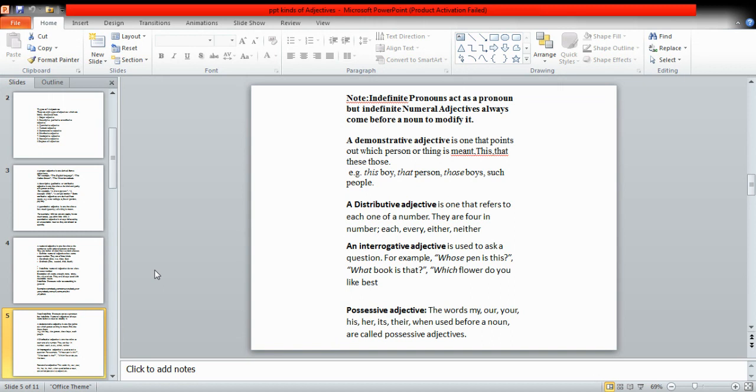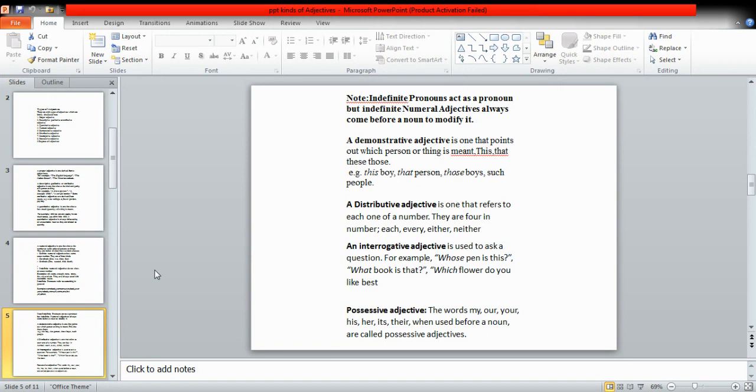Whose pen, what book, which flower. These are all question words and they are following a noun, so they become interrogative adjectives. Then we come to possessive adjectives like my, our, your, his, her, its, their. These are all the possessive adjectives whenever they are following a noun like my cook, our class, your house, his